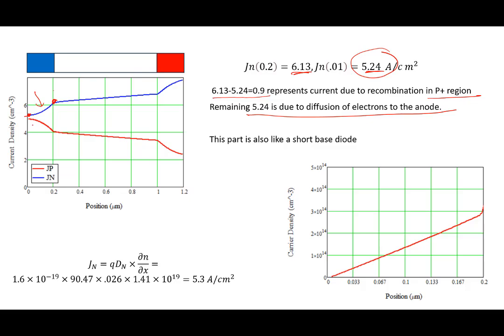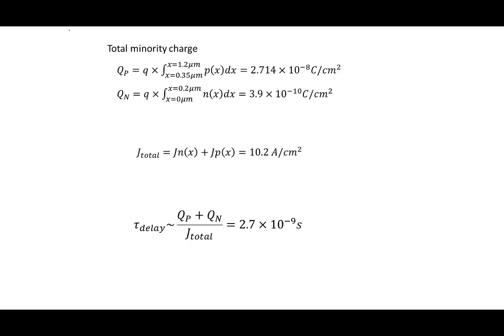So again, if I go and look at the carrier density here, it looks linear. And so I can say q Dn del n by del x, and I can calculate, and it comes out to be very close to that here. So this part is also like a short base diode. This one here, the carriers that are injected here. All right, and the minority charge we had already